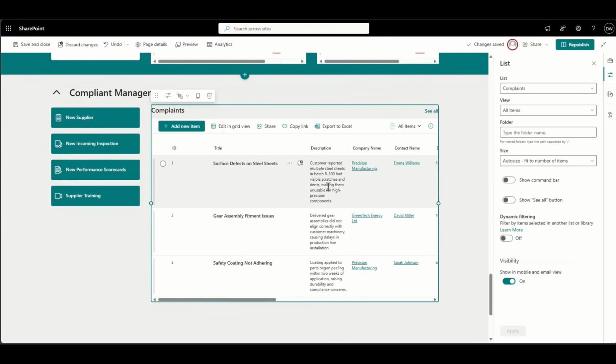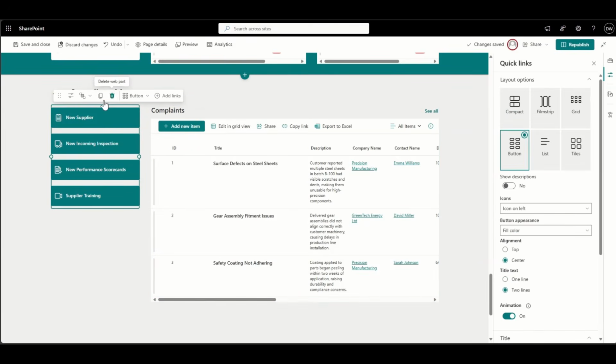Might be a good thing just to see. So we just want to see a quick summary overview. We don't necessarily need to see all the details of it. And then we'll have some buttons on here which can take us to creating, well, I suppose we can create a new complaint directly from here. But we've got the see all button. Yeah, we probably don't actually even need this, to be fair. We can probably just,